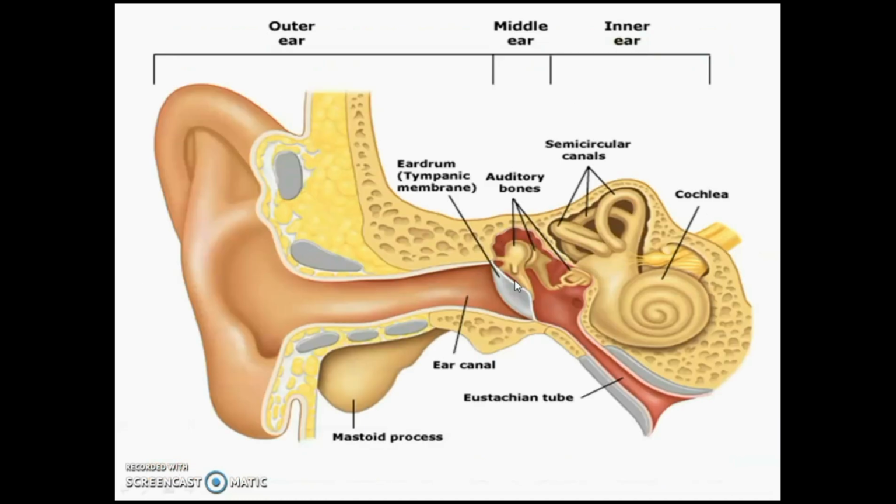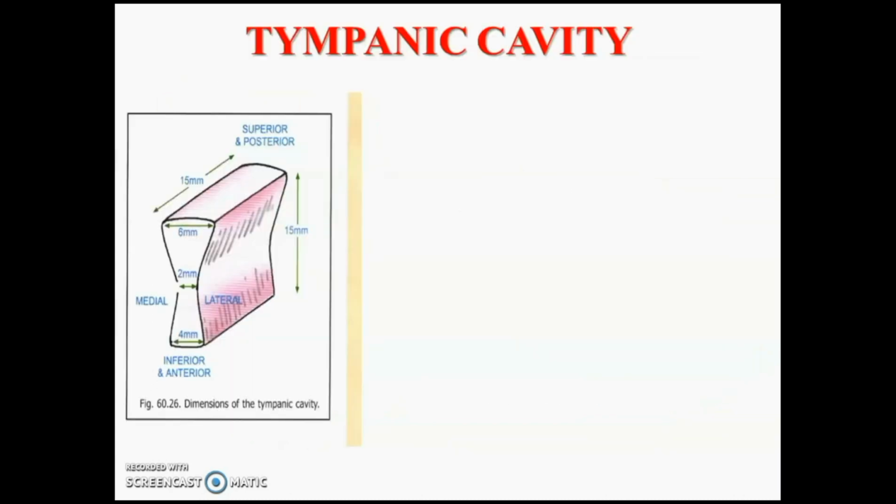When you see the panoramic view of the right ear, you can see the right middle ear there. Postero-superiorly it is related to the mastoid antrum present in the mastoid process. Antero-superiorly it communicates with the nasopharynx via the eustachian tube. Laterally it is separated from the external acoustic meatus by the tympanic membrane. Medially it is separated from the inner ear by the medial wall, where you see the promontory. So lateromedially it lies between the external and internal acoustic meatus, and postero-anteriorly between the mastoid antrum and eustachian tube.